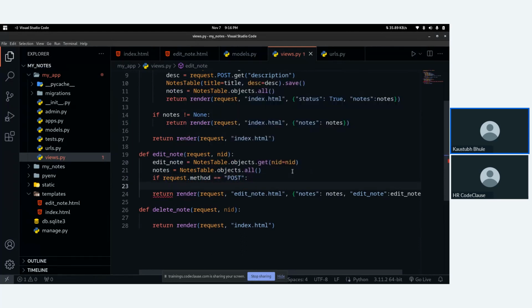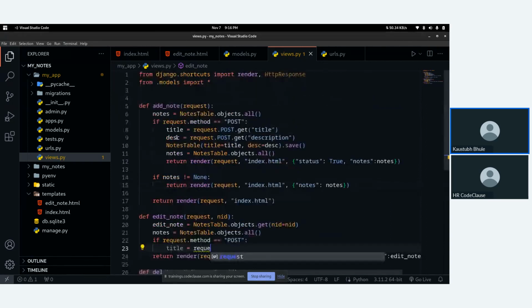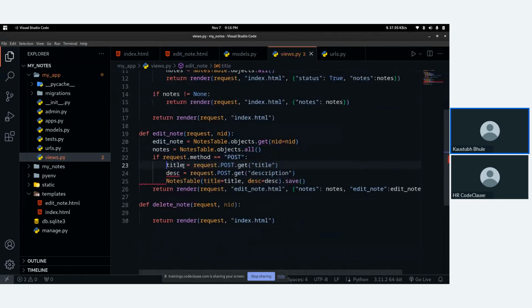If request.method is exactly equal to post, then in that situation, again I want to take that data as title, which is the updated title. Again, I'm just gonna copy this from the add note to here. But there is some kind of twist now.